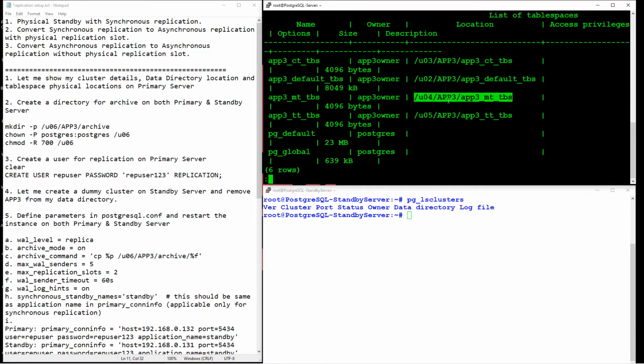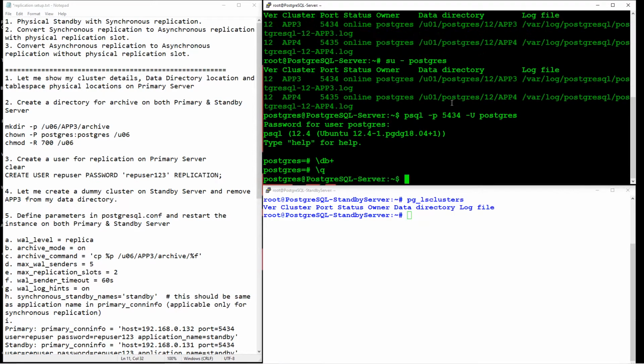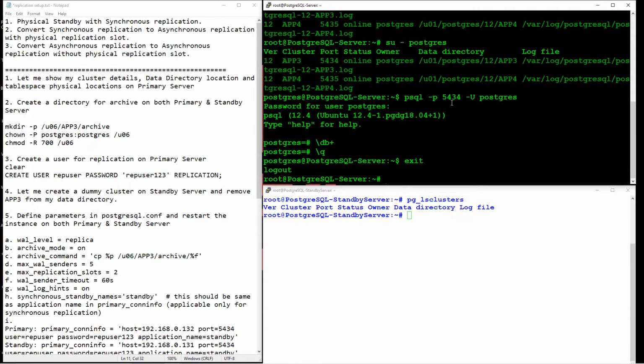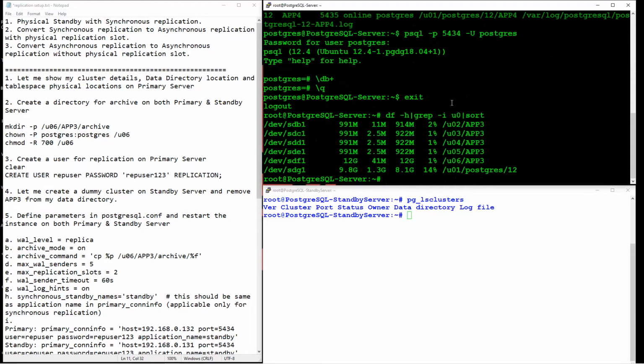This is the reason why I have created separate mount points for all my tablespaces.